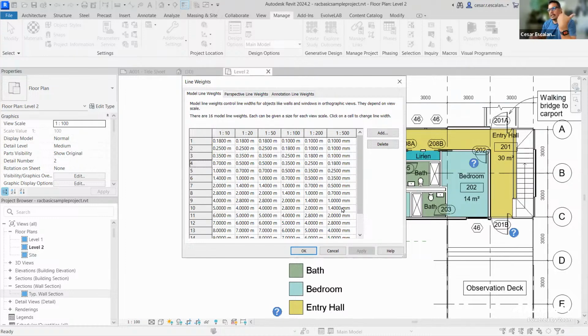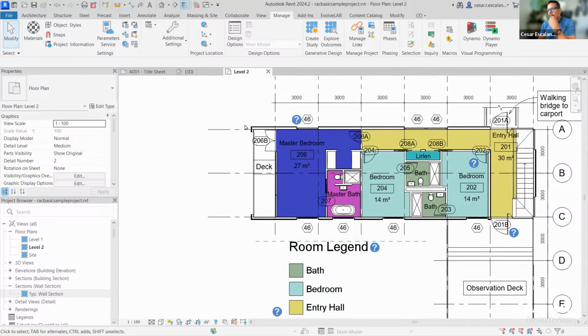It's a little like an adaptive method of assigning line weights. You can add and change it if you want. You can add scales, you can delete values. But I think the system of millimeters is pretty much aligned with ISO standards. All right, so